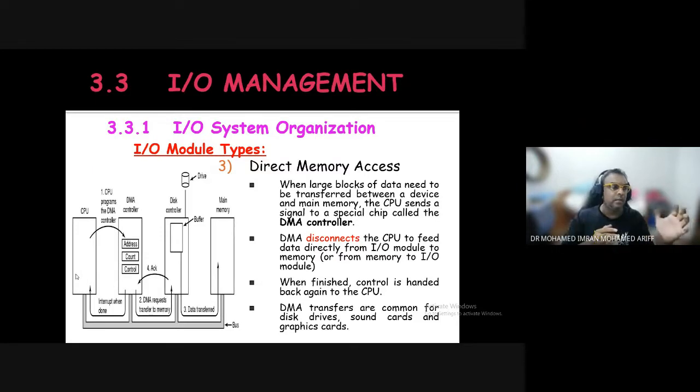So you have direct memory access. Does the user determine which file goes to direct memory access? The operating system will automatically see if the file is big, then it will straight put it inside the memory, not going through the CPU. Why does it not go through the CPU?